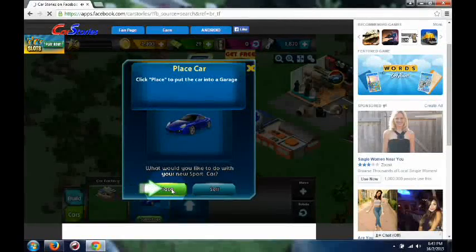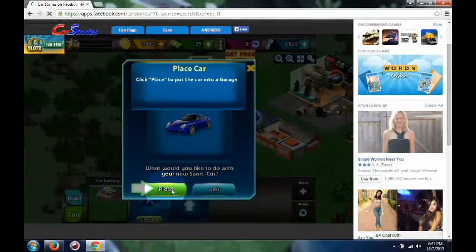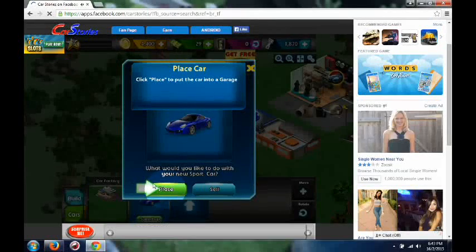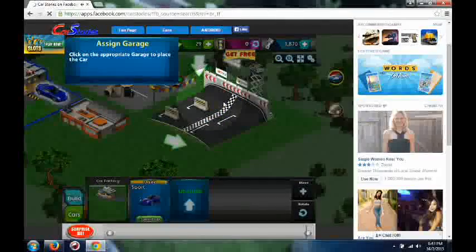So the starting tutorial, you just go right through it as it says, and then you can do your own thing from there. So that's the only thing we can do. So we'll place this car as it says straight to that garage that we just built,